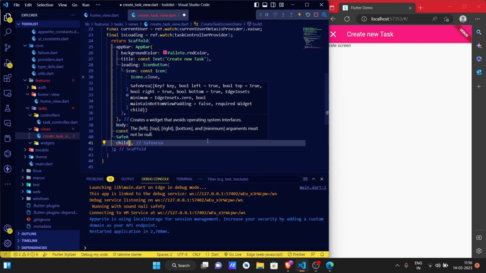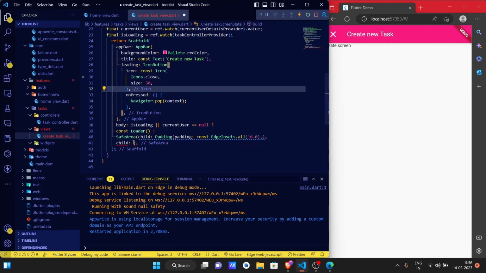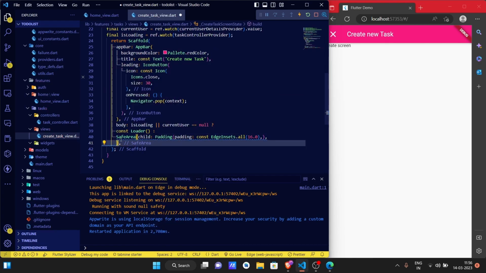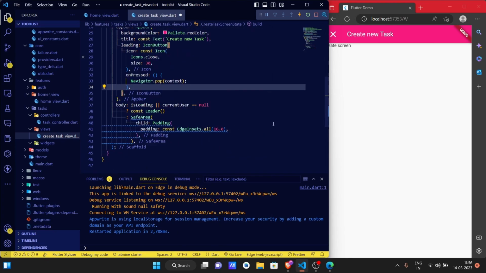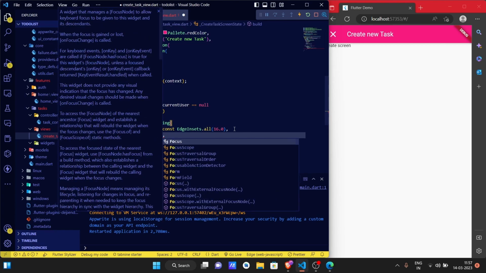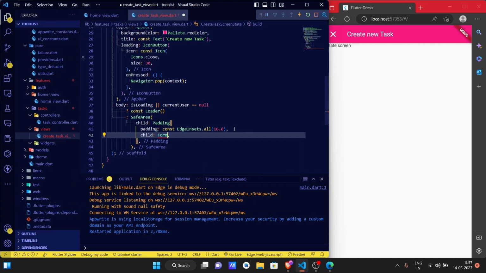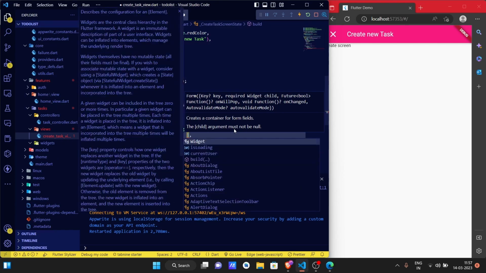Now child. First format this whole thing, and now padding const. Now in the padding we are going to have a child, and in the child we are going to have a form, and in the form we are going to have another child, and the child is going to be